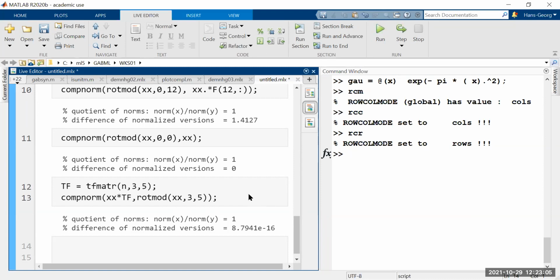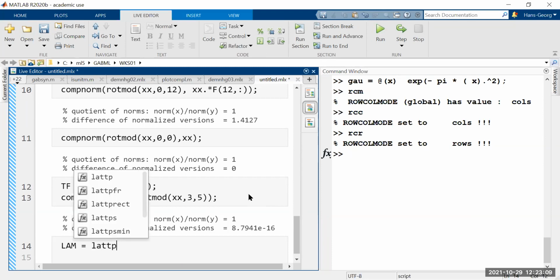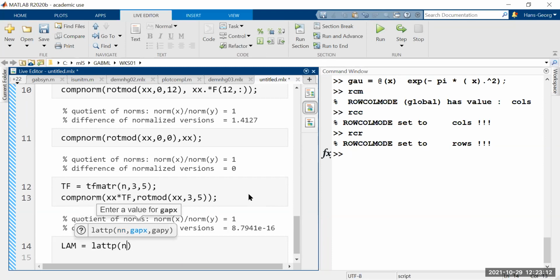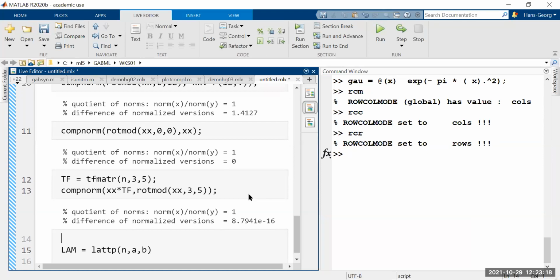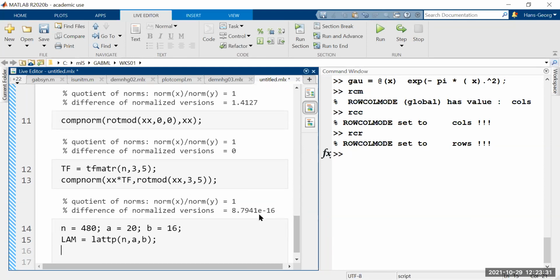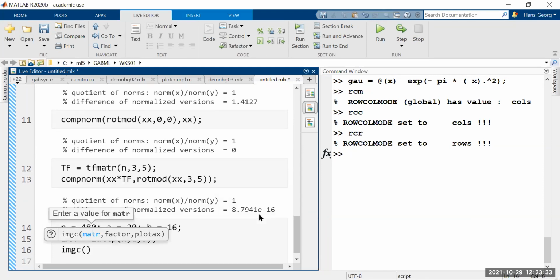Now, the next command I would show you is the lattice point. If I want to create a lattice of points, I have to define the N and the A and the B. I remind you that N is 480, my standard A is 20, and B is 16. So everybody can see that these are divisors. And then I'm doing